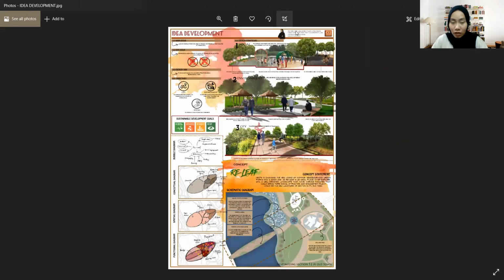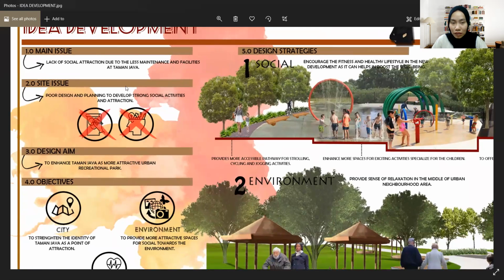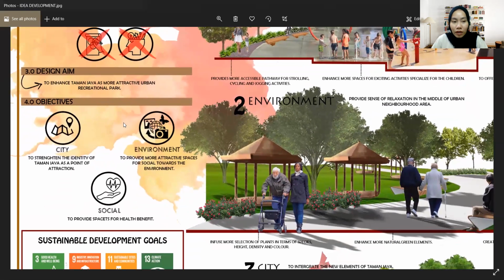Next, we move to the ID Development Board. So the main issue of Taman Jaya is its lack of social attraction due to the poor maintenance and facilities of Taman Jaya, where the side issue is poor design and planning to develop strong social activities and attraction. So my design aim is to enhance Taman Jaya as a more attractive urban recreational park by